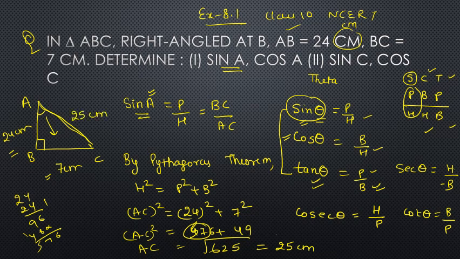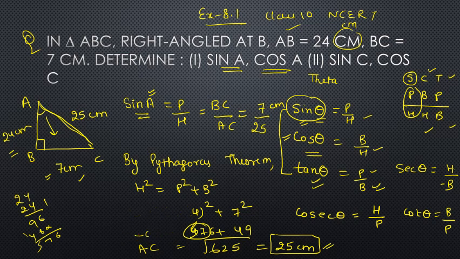Now you should remember the squares at least up to 19 or 20, and if you can remember them up till 30, that will be very beneficial because that is the limit of your syllabus. At least you should know squares up till 30. So now you found AC. BC is what? 7. AC is 25. So this is your ratio, right? And I'm hoping that you can do cos also. Cos is what? Base upon hypotenuse, right? So what is your base?